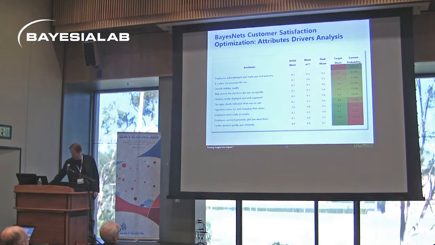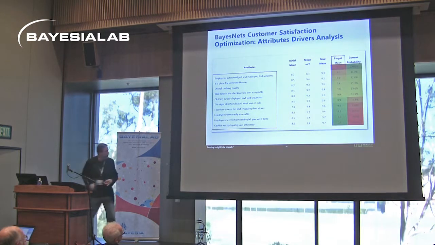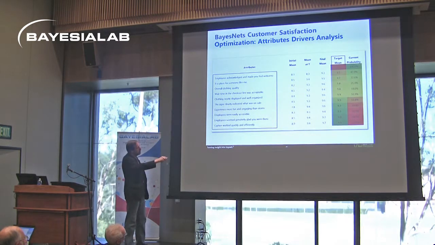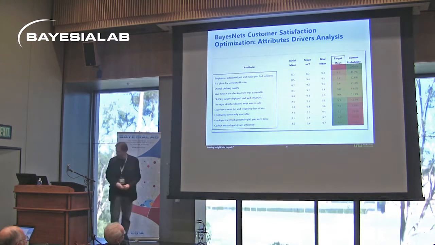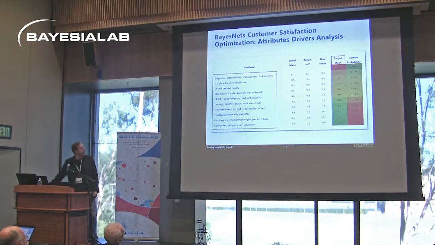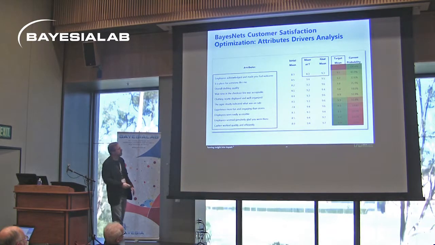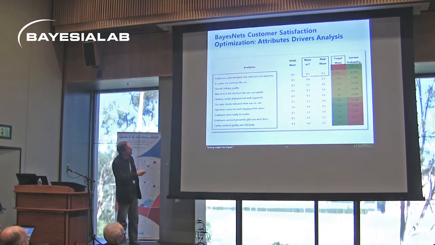Some names have been changed to protect the innocent. This basically said, okay, first in is employees acknowledged and made you feel welcome. And again, here's the target outcome that we want to maximize. What we're seeing here is what the mean on that target outcome will be on a 10-point scale as we move through the optimization process. So we start with the first independent variable that came into play, and this is telling us, okay, at time t, you had a mean of 8.3 on this one, but if you could push that up to 9.3,